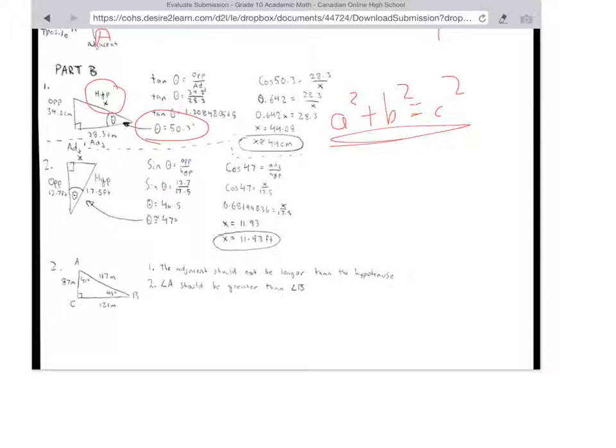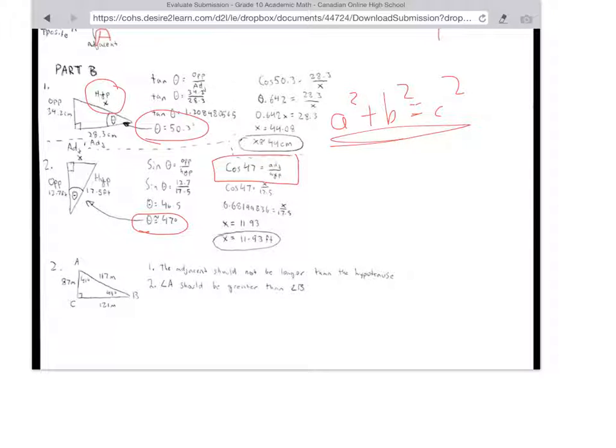So for number 2, okay, we're looking at that triangle and we're trying to find side x, and again, that's Pythagorean theorem. I'm not sure here, let me see what you're doing. Okay, so you're using sine to find angle theta. And if angle theta is 47, and then you use that angle to find the unknown side, then the mistake that you've made here is that for cos of 47,